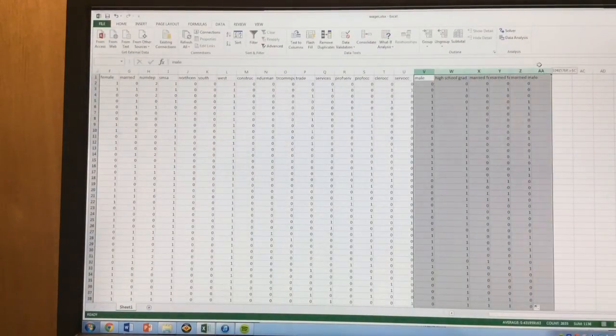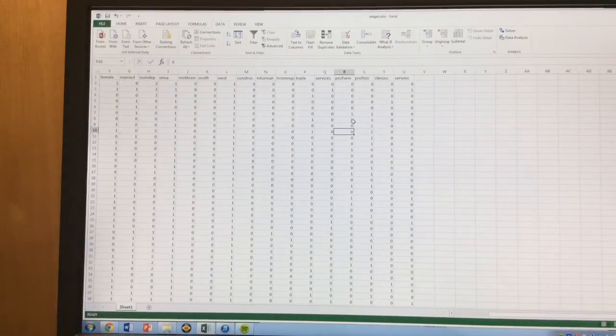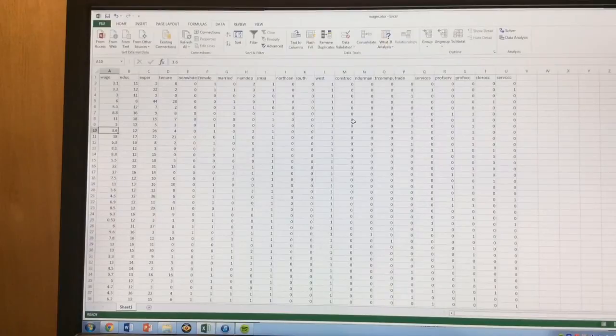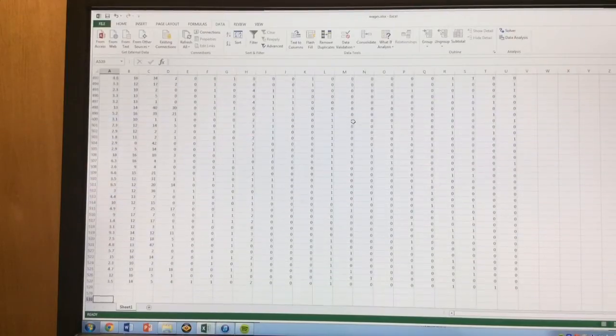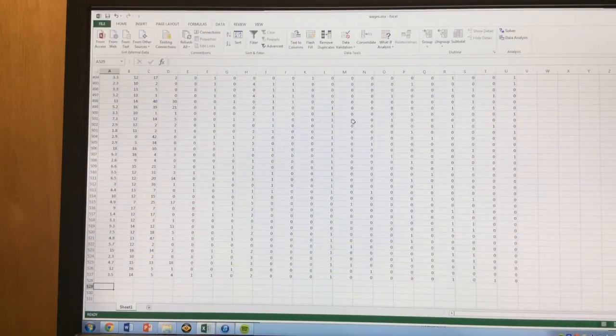So we're going to come over here. Let's erase all the work we did previously. We're going to focus on finding the mean and the variance, or the standard deviation. I'm going to come down all the way to the bottom, and down here I want to create the mean. So I want to find the mean wage. What is the average wage?